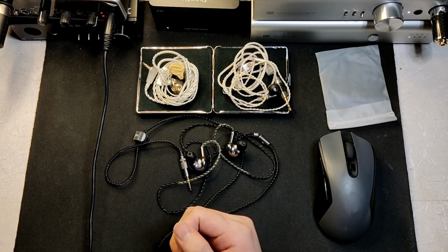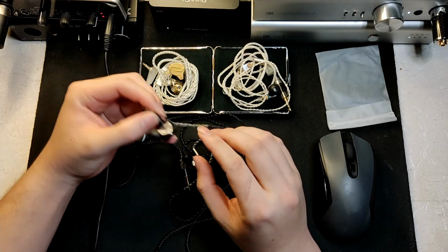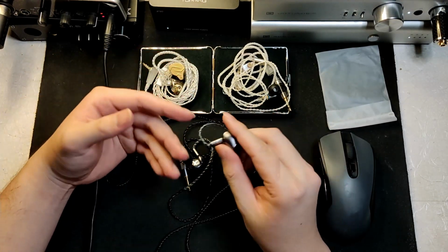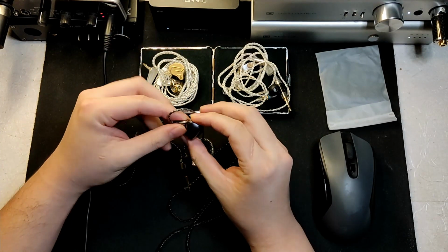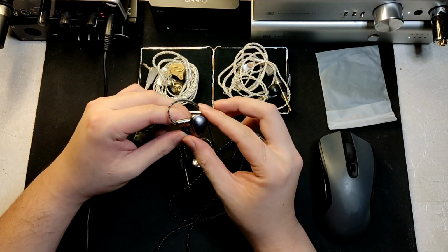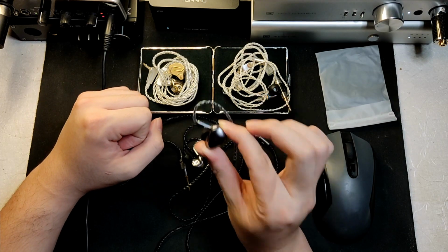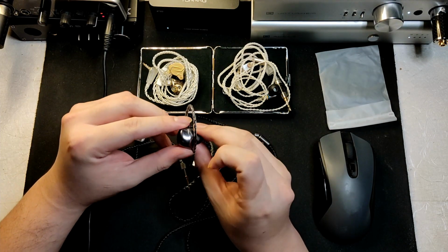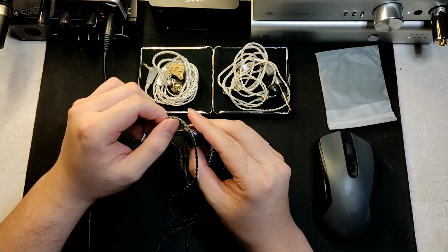It's a different color, so quite interesting though. The materials aren't as good. For fit wise, this is probably the best fitting Tin Hi-Fi IEM they ever made. It fits very well in my ears. It's kind of big, kind of bulky. Maybe if you have smaller ears,